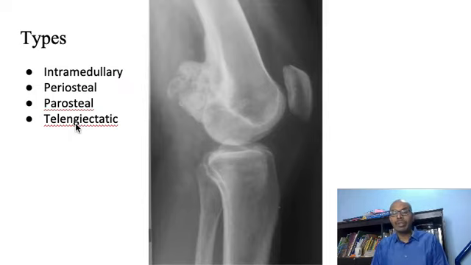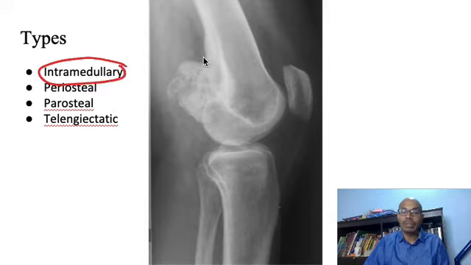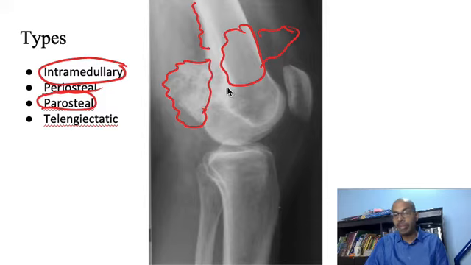What are the types of osteosarcoma that we know of? We have the intramedullary or the classic version, which happens in the intramedullary region. Then it bursts out and becomes extracompartmental. Then we have the periosteal, which is predominantly in the periosteal region, right? Then we have the paraosteal, which is like a stuck-on appearance, or it happens in the posterior aspect of the distal femur. This has the best prognosis.